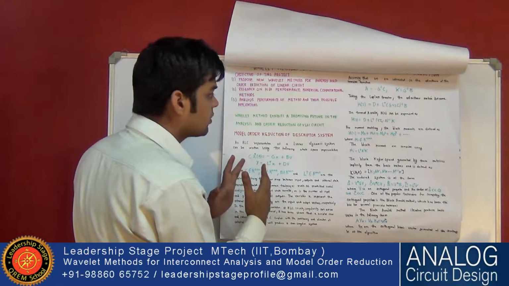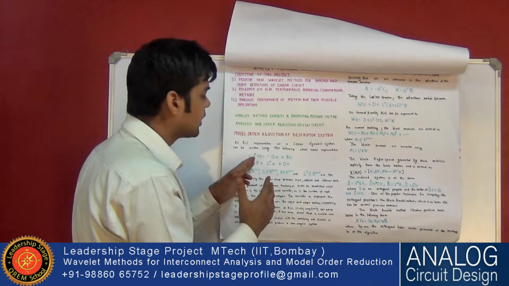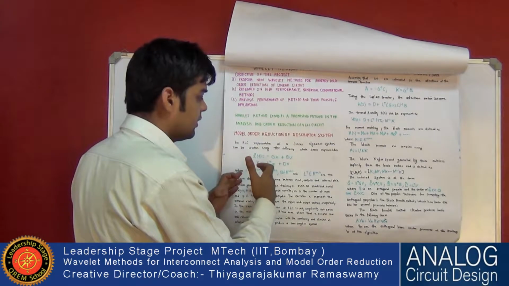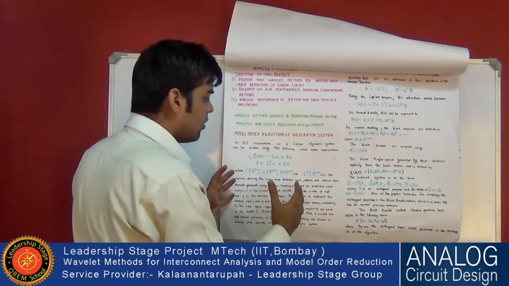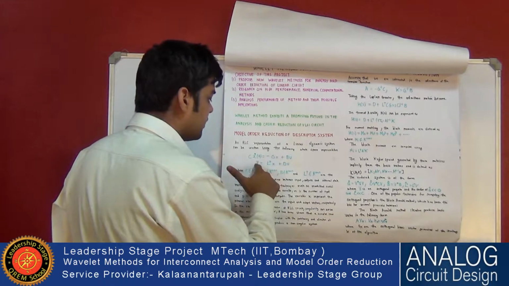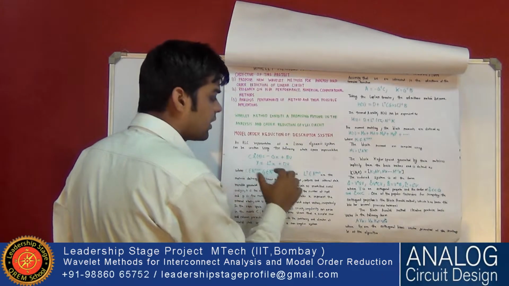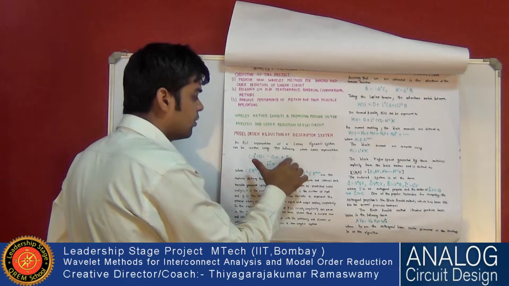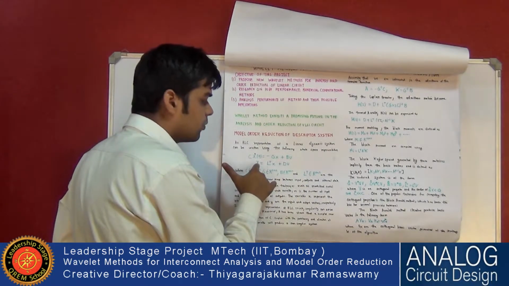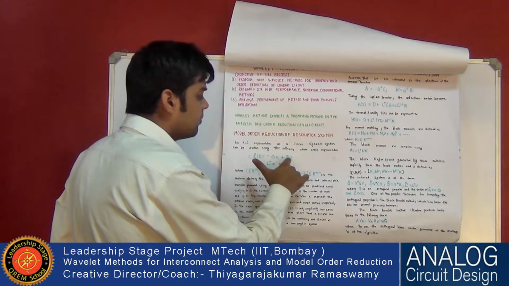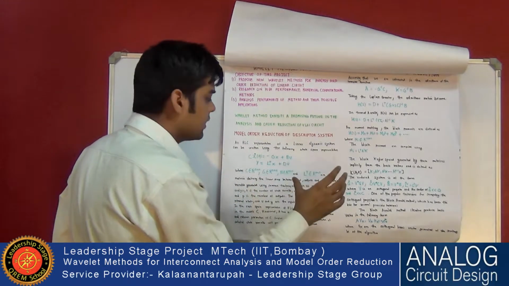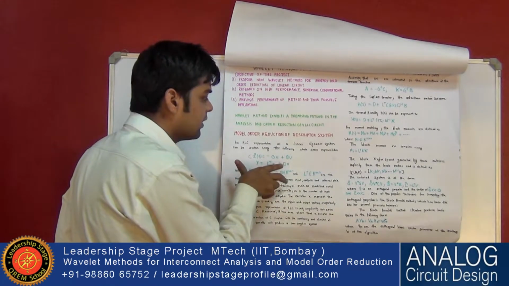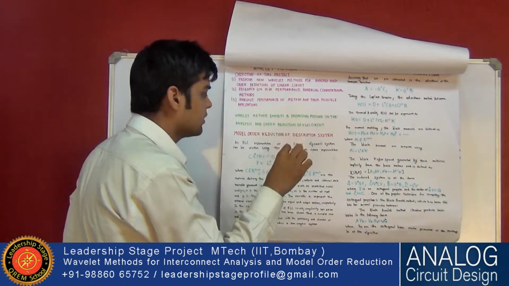Variables represent voltage and current values. Suppose we are taking x as a current, then y will be voltage, and if you take x as a voltage, y will be current. So the current and voltage are represented using x and y at different nodes in the circuit. Input is the input node in the circuit. Y is the final output. Suppose there is an amplifier and you are applying an input voltage to that amplifier, then that input is voltage.